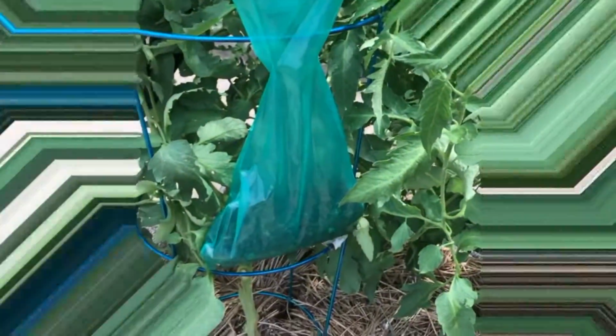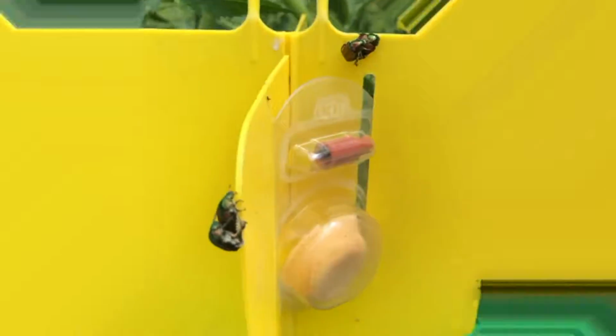So what we are looking at right now are Japanese beetles, and they are crazy. And yep, you're seeing down here a trap that is going to attract them with a type of bait, which the female actually gives off when she is ready to breed. And we're hoping in that instance that they will come and fall into the trap,